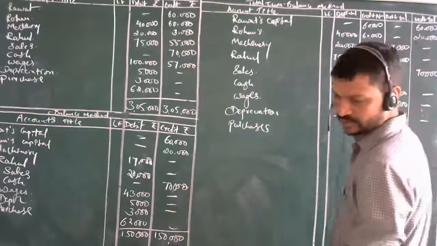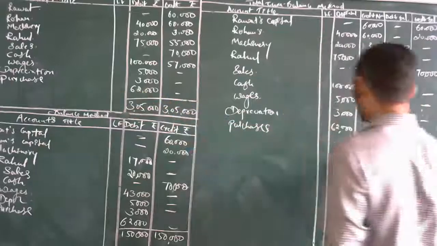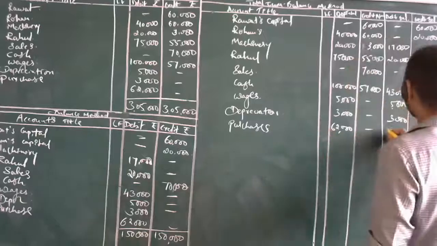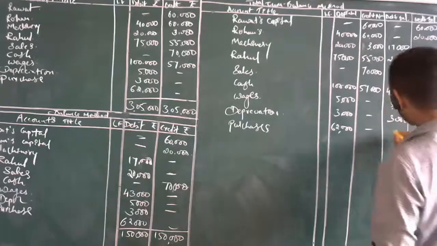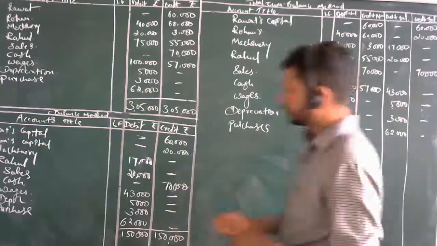Then coming to the last, purchases account. Purchases is how much? 62,000. There is an increase in assets over here, so it is debited over here. This thing has to be remembered by you. Then coming to the other side, there is no credit. And on the total balance side, it is also 62,000. Done. So whatever entries we have taken are almost the same.